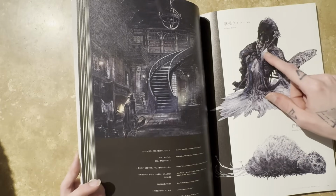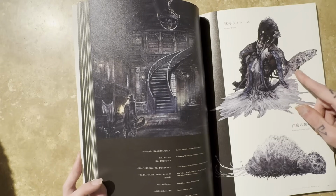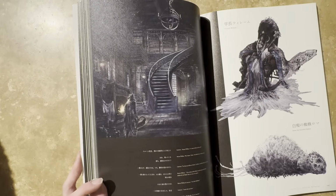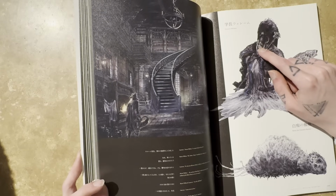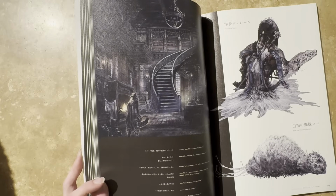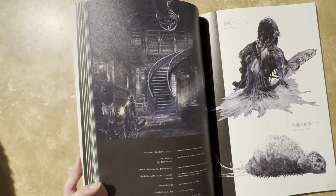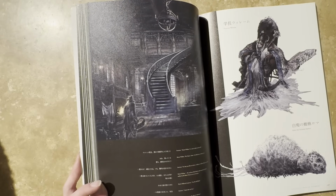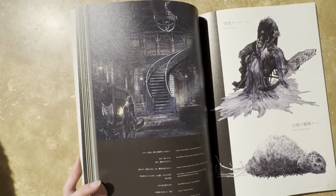So this is Master Wilhelm here as we see him in the game. We see him on the balcony of Bergenworth looking at the lake and the moon. As you can see, he's a very, very old man. He has a staff that has some eyes on it. They're not tentacles, but he has some kind of growths, I'm assuming from dabbling with the blood, on his neck and on his face, and he's also covered in eyes. So this is him at his lowest point, after essentially everything that he worked for had been taken from him, betrayed by the people who he trusted most, and is now just a very, very sad old man. If you actually kill Wilhelm when you meet him, you get, I believe, the Eye rune,